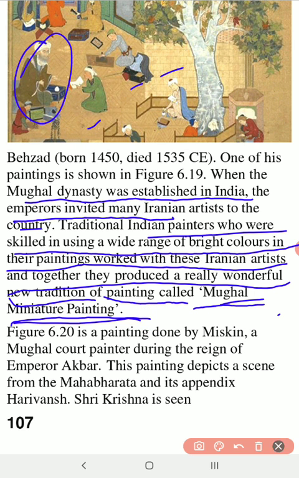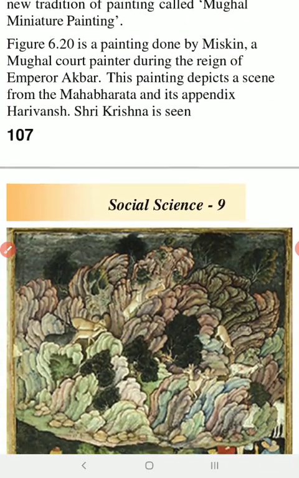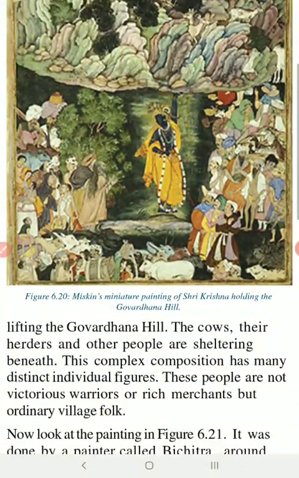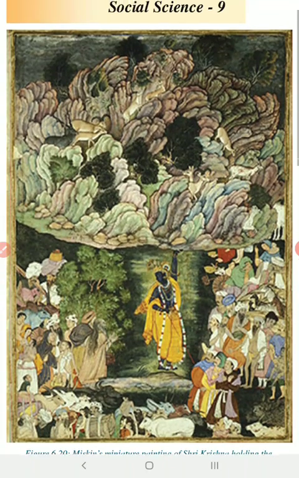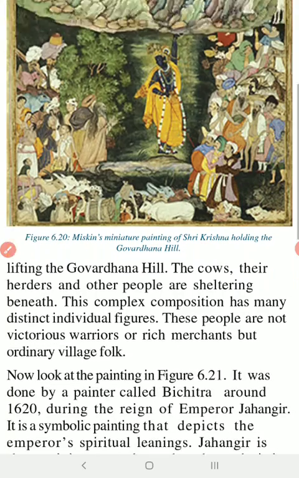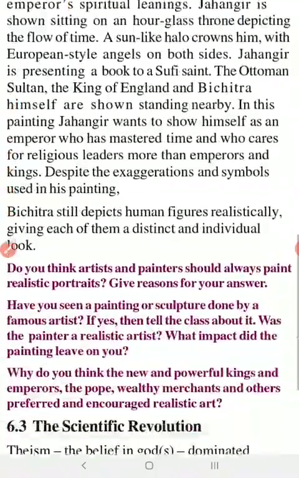Figure 6.20 is a painting done by Miskin, another famous painter. It's a painting about Krishna. It totally tells a story about Krishna, Govardhana Hill, the cows and their herds. So you can go through and read them. So like that, we have